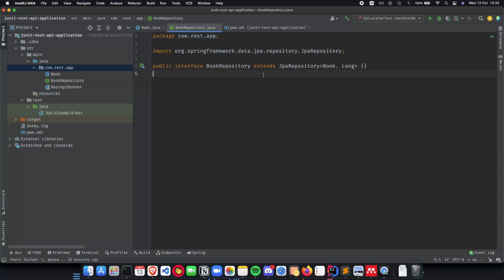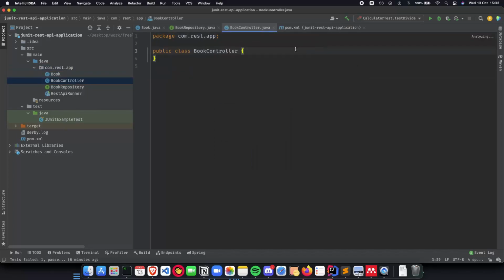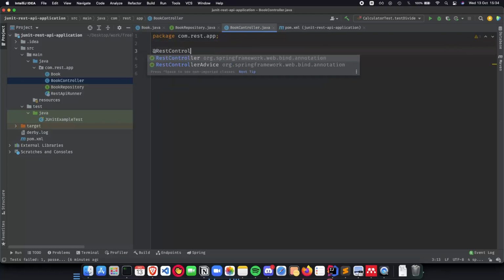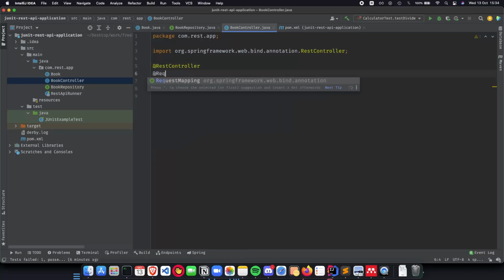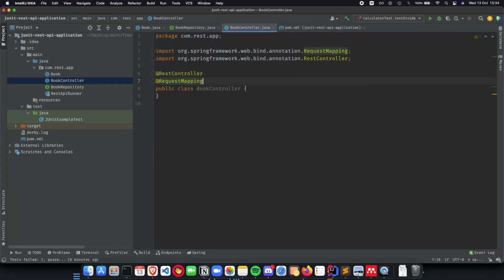So now that we have our book and our repository ready, let's see how we can work with it. The last thing that we need is our book controller class. So go inside this, go to new book controller, and this will handle all the APIs for our class. And let's just quickly annotate this with our endpoint. So REST controller. The next thing that we need is request mapping, and value is equal to slash book. So all of the endpoints start with slash book, and then we have our way in with it.